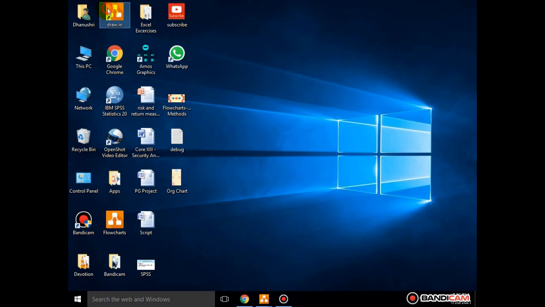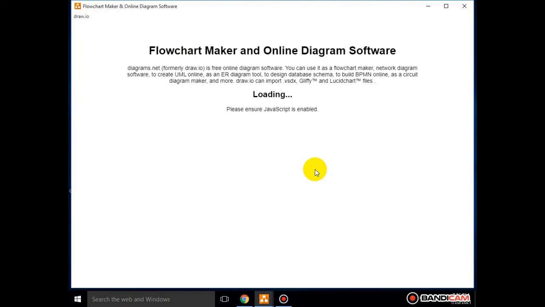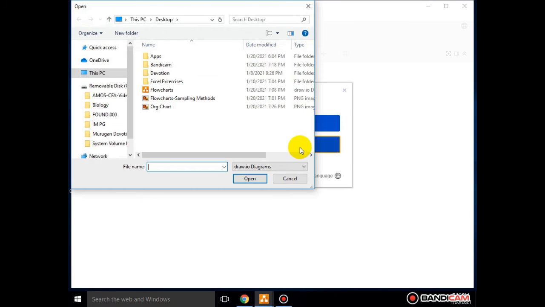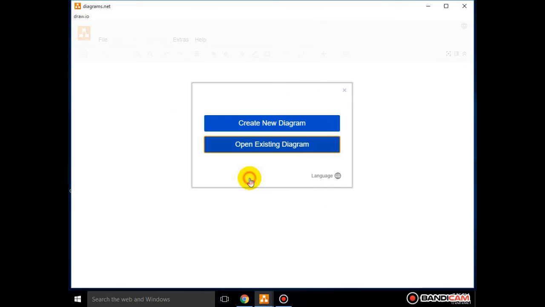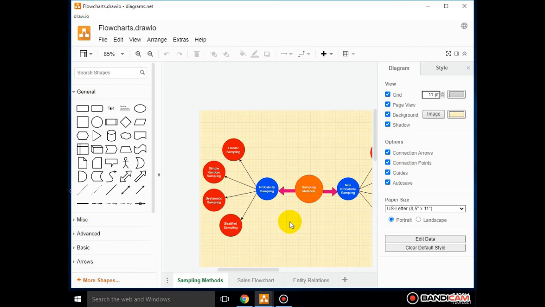You can use this desktop version on your PC, or you can directly use it online. Now I can open an existing diagram which is available on the desktop. I can select the file name and click open. This is an existing diagram.